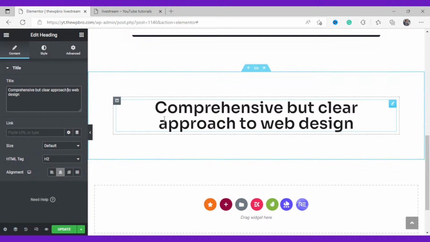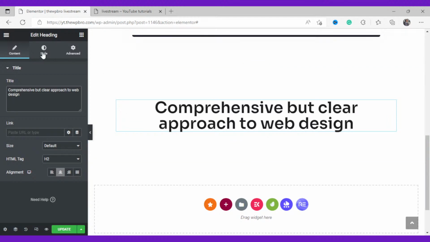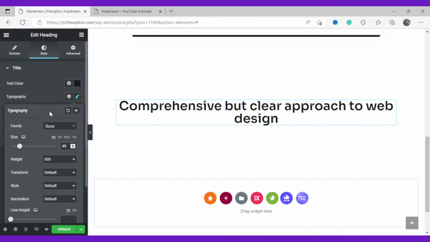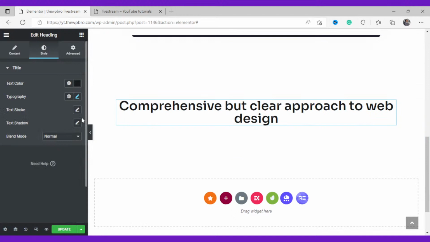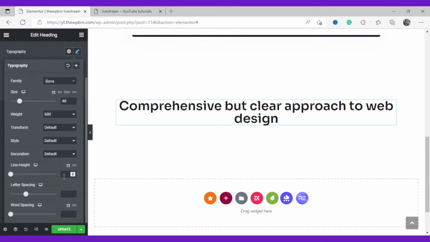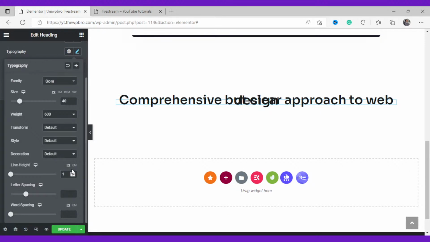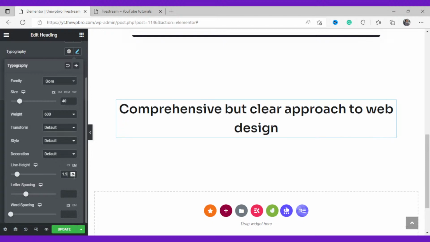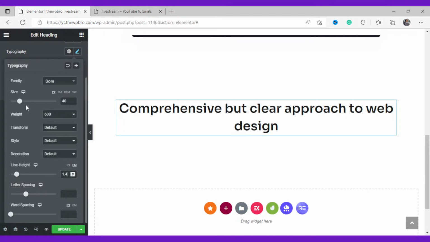Okay, I think this is a little bit big for this section here. So what we're going to do is to come down to styles and select typography, and here we're going to reduce it. Let's reduce it to about 40. Okay, and we're going to add a little bit of line height to it. Let's switch to EM and add about 1.5, or let's add 1.4. Okay,